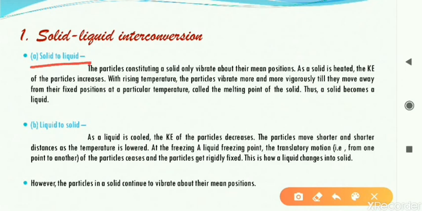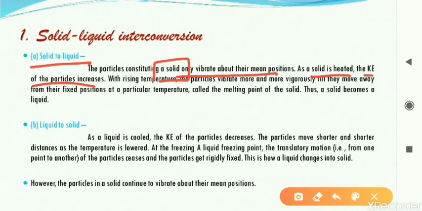If solid has to be converted to liquid, we have to heat it. Ice has to be heated to convert into water. But what is actually happening on heating? Let us see here. In a normal solid, for example ice, which we are taking as an example for better understanding, the molecules are only vibrating. But if we heat it, kinetic energy will increase, meaning the molecules in that block or cube of ice will start vibrating faster.